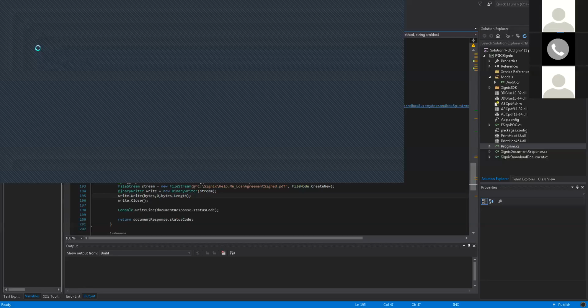There we go. Okay. Essentially, this is the web API that will be receiving the push notifications from